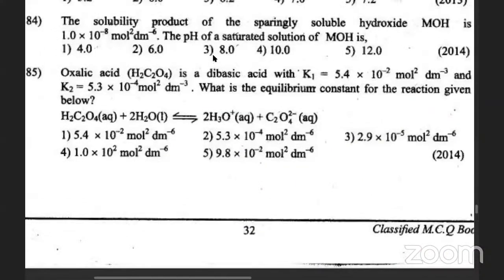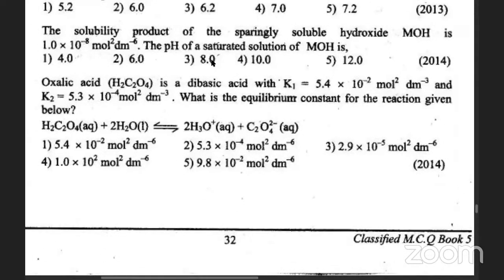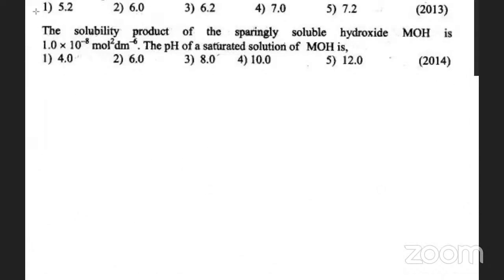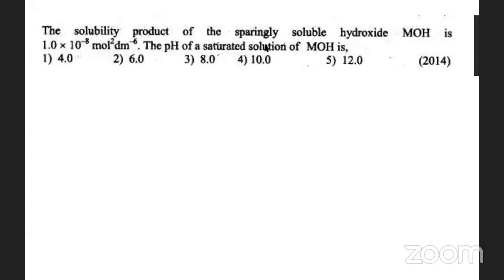Next, okay, solubility product of sparingly. So now, yeah, we have solubility product and pH both involved here, which we have covered recently. Solubility product is also done. Let's quickly finish this. The solubility product of the sparingly soluble hydroxide MOH is 1 into 10 to the minus 8. The pH of a saturated solution of MOH is